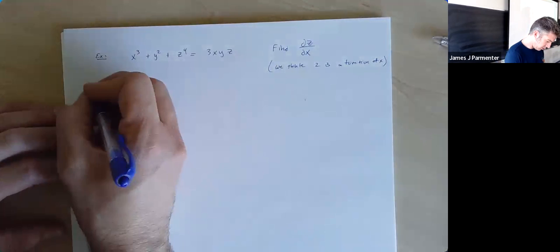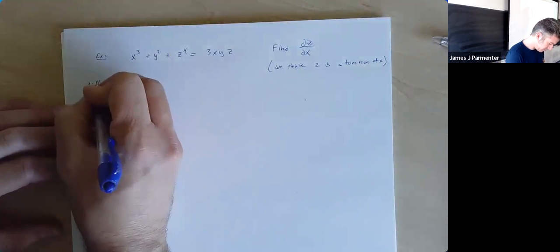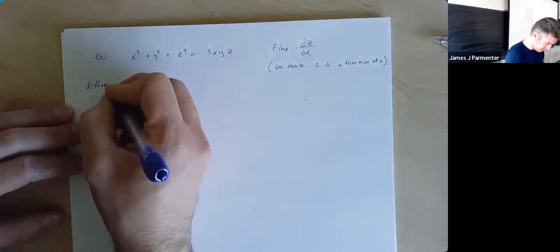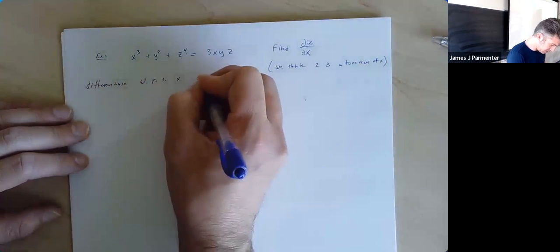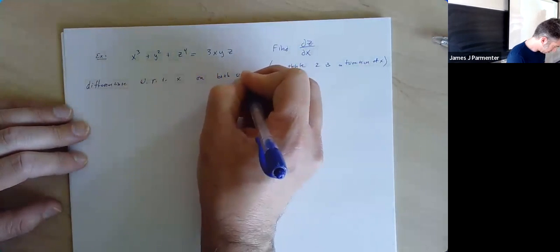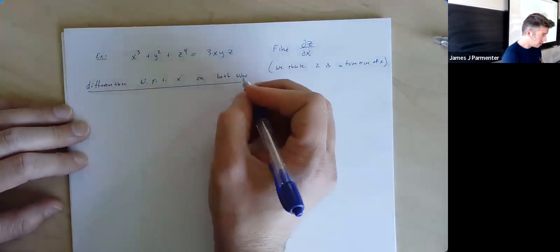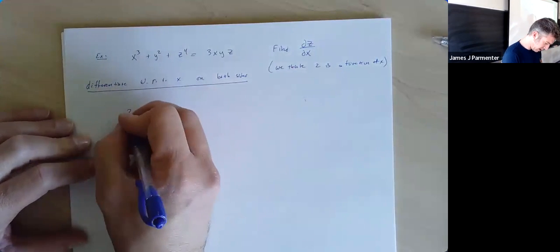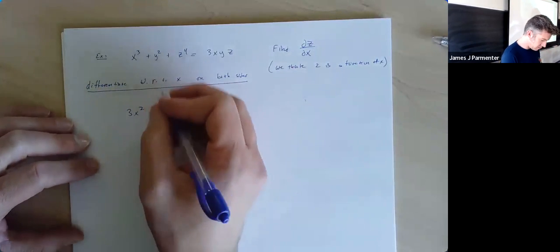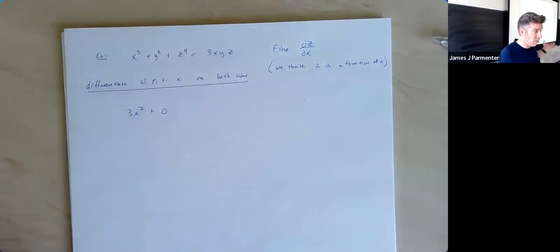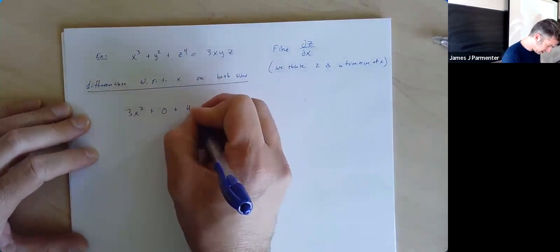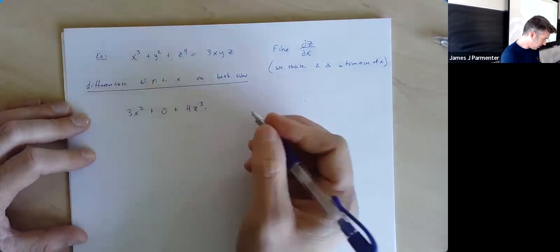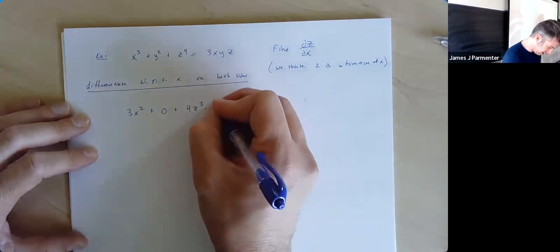So we're going to differentiate this entire equation with respect to x on both sides. Derivative of x cubed, 3x squared. Derivative of y squared, 0, because we're not saying y is a function of x, we're only saying that z is a function of x. The derivative of z to the fourth is going to be 4 times z cubed times the derivative of z, which is del z del x,